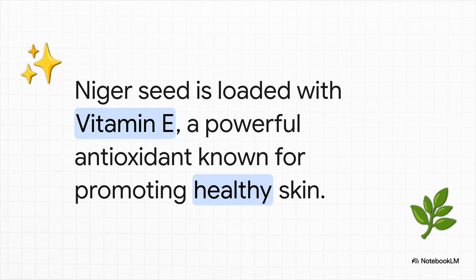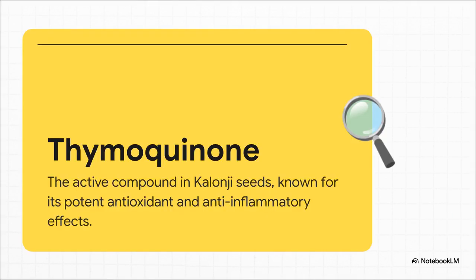This is a powerful antioxidant that's directly linked to protecting your cells from damage, and it's famous for promoting healthy, vibrant skin. And then we get to Kalonji. Its claim to fame is this incredible, unique compound called thymoquinone. I mean, this is the bioactive ingredient that gets researchers really excited. It's what's responsible for the seed's really potent antioxidant and anti-inflammatory effects, and it truly sets it apart in the